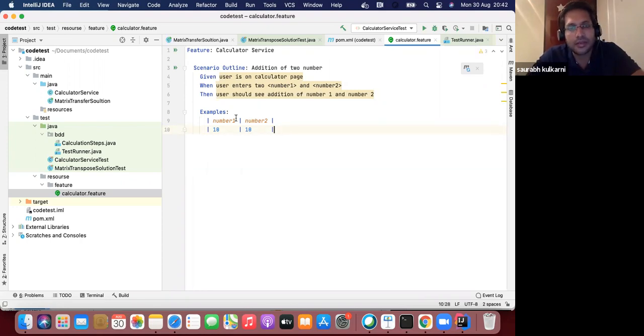This is the first example. This is just an example we have given here. What should be the types of inputs? It's 10 and 10, and this is the scenario. So that's the feature file.